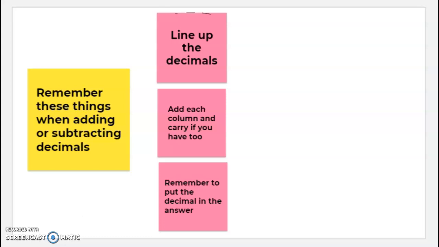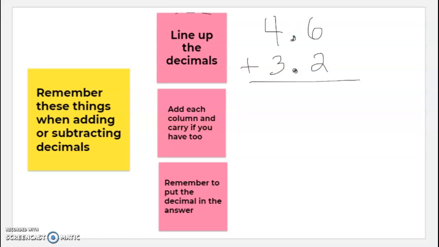Just a real quick review of decimals. I'm sure you know how to do this. When you're adding, you have to remember three things. Number one is line up the decimals. So let's say that we have a question: 4.6 plus 3.2. So when I say line up the decimals, you have to make sure that your decimals are right above